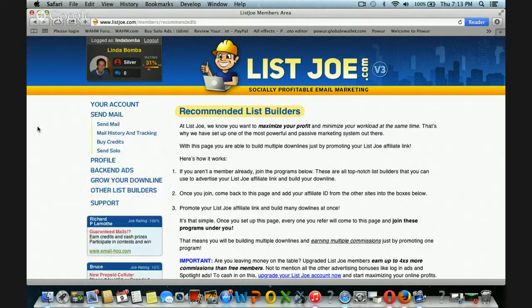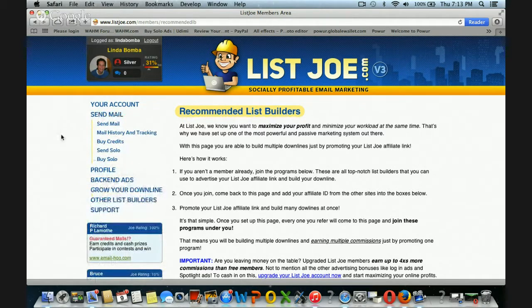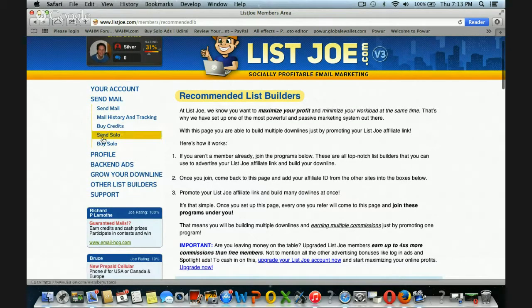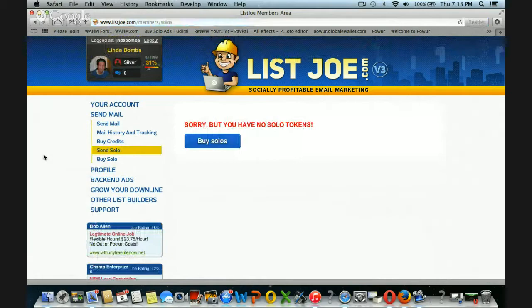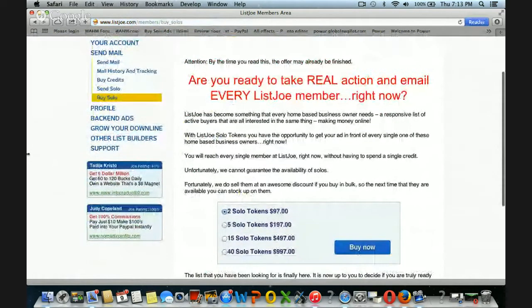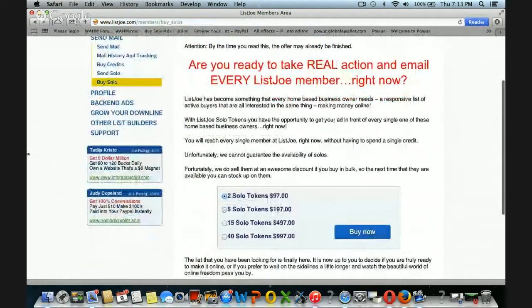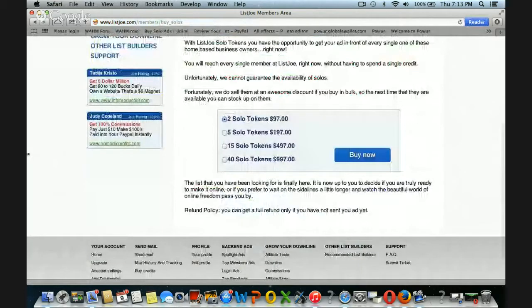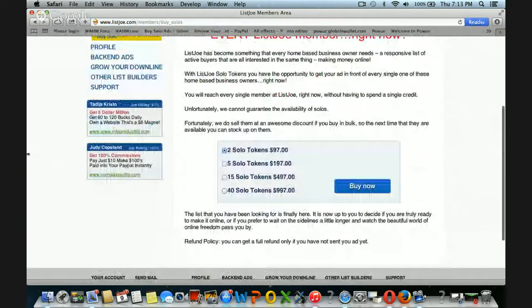Let me just go back to this. I can't actually show you how to do an email on this because on my account you have to buy tokens for these. This is another way. I've never done this either. You buy tokens, and then you can set up a solo ad.